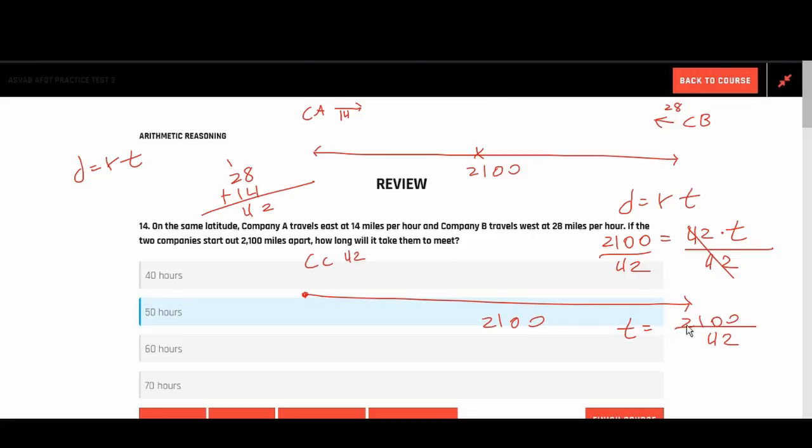Okay? And again, we can regard this as division. 2100 divided by 42 looks like this. Now we have to ask ourselves, how many times does 42 go into 2? It doesn't. It's too big. How many times does 42 go into 21? It doesn't. It's too big. How many times does 42 go into 210? Well, based on these answer choices, I know it's going to be a whole number. So I know 42 is going to go into 210 evenly, and then I'm just going to add a 0